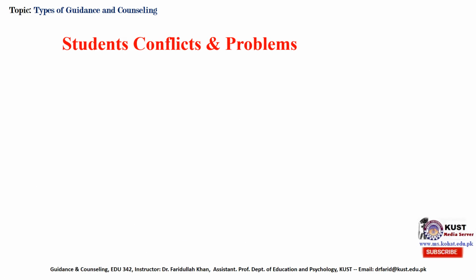Student conflicts and problems. Students during their academic career have to make certain decisions which affect their future performance and future career. Being naive and inexperienced, they feel puzzled and confused to make a right decision regarding certain areas where different options and choices are available, like